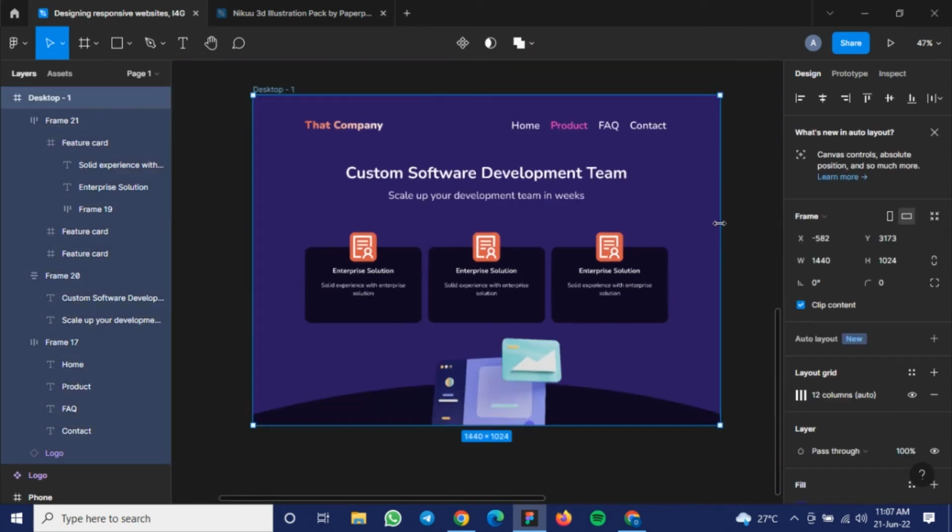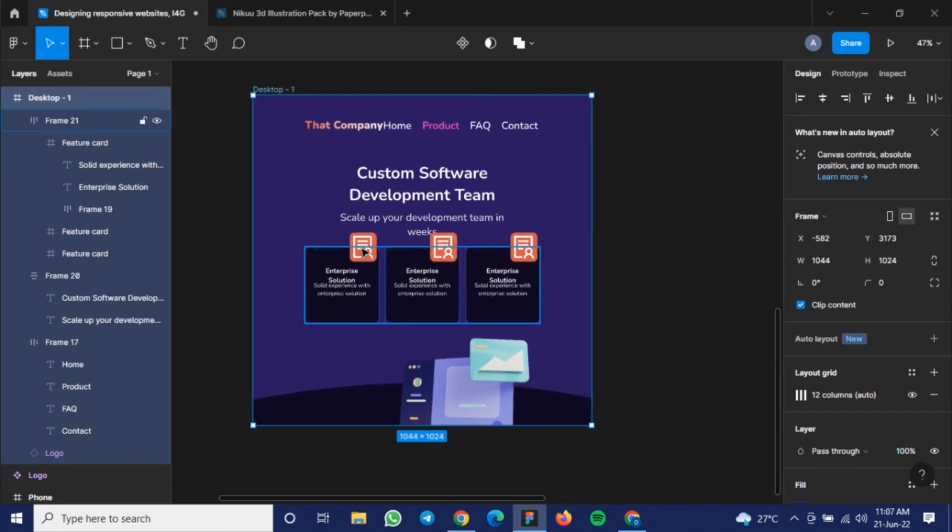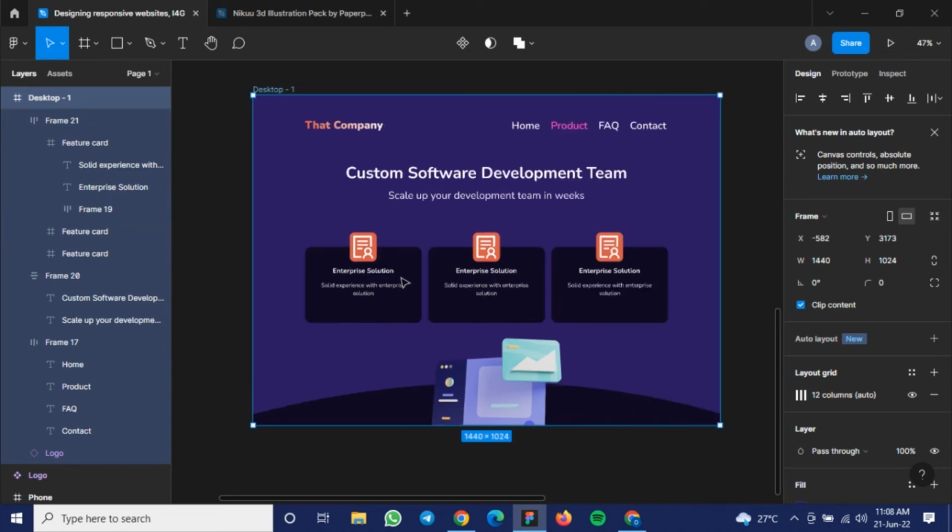It's going to work, but it's going to behave clumsy. You can see that it works, but this is not following it. These elements are staying in their position, and that's not what we want. You can see every other thing scales down, right? So what we do now is that we come here,